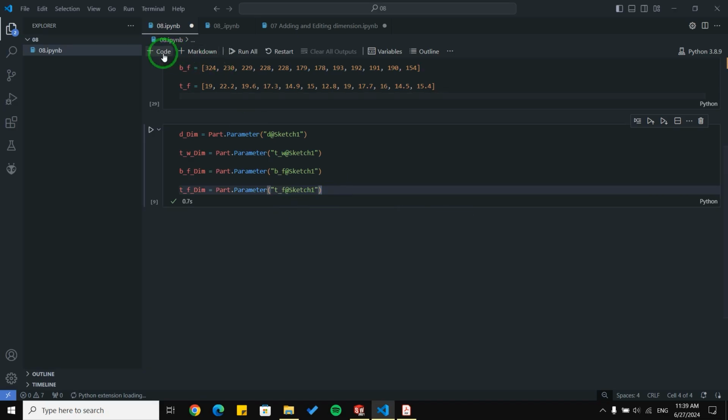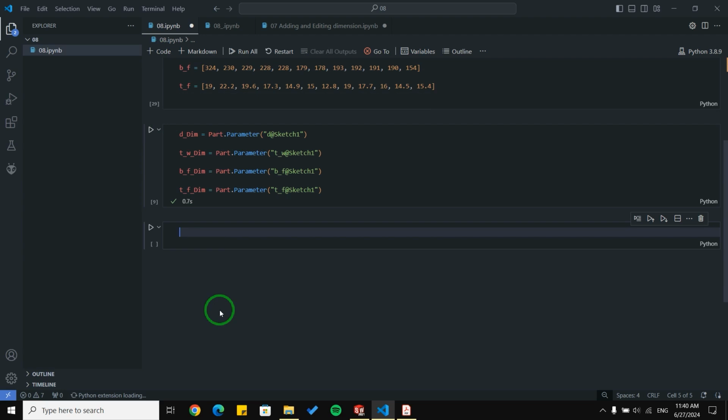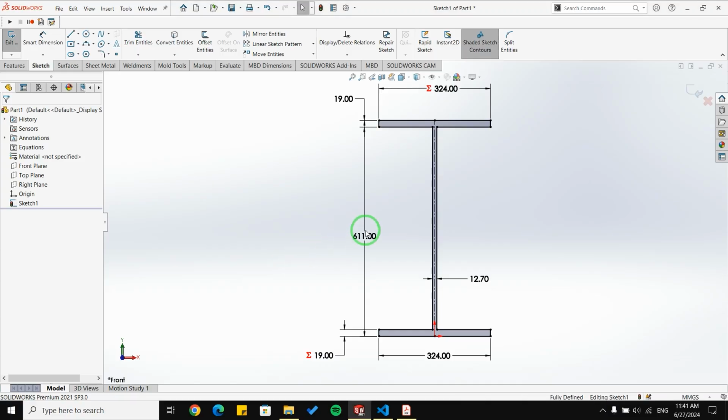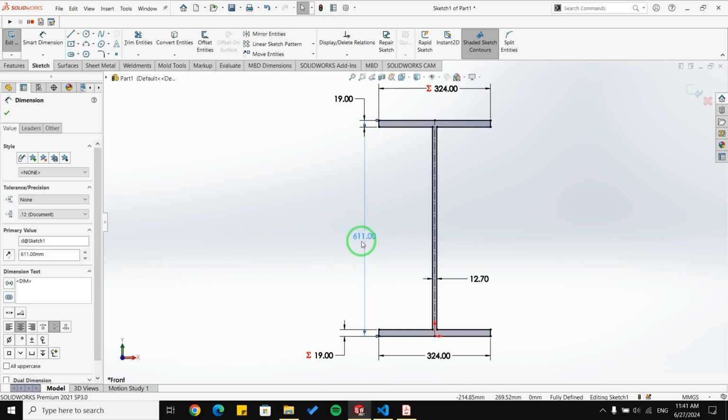To change them, I'm going to create another block of code, and to change the dimension, as we talked about in the previous video, I'm going to say ddim. For example, I need to change the dimension for ddim dot system value, and I'm going to assign, for example, 600 here. Now it is 611.